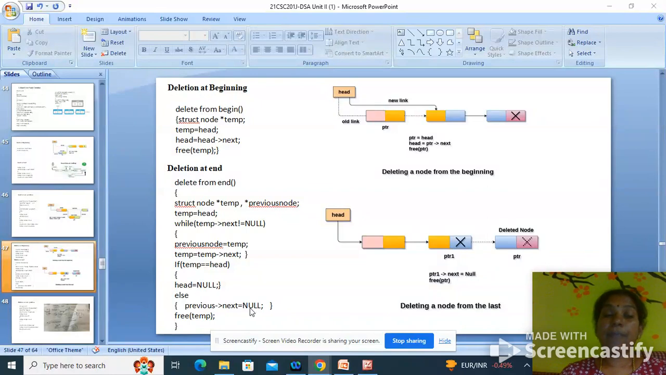So this is the deletion at end position. So you have to traverse the list one by one from the starting portion to the end of the list. Once you reach